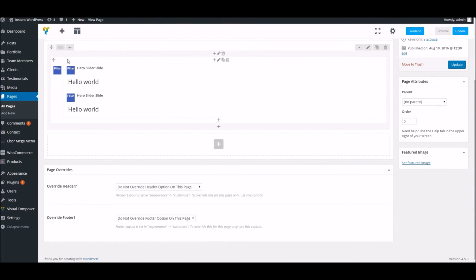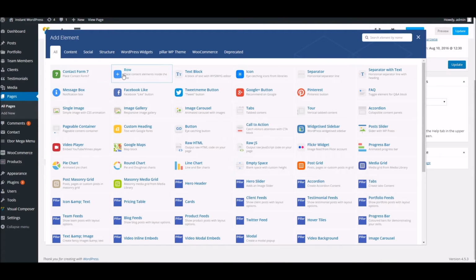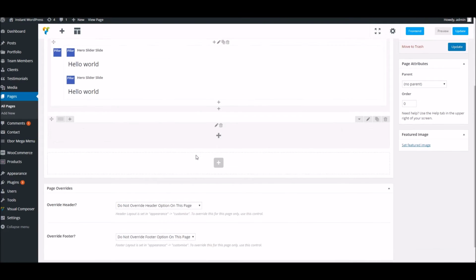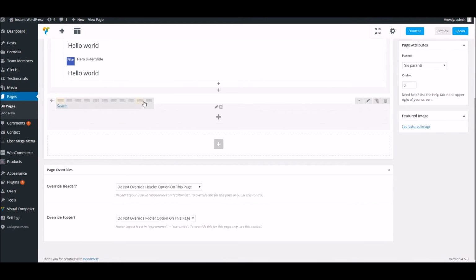And the way that Visual Composer works, I suggest to add another row sort of per section so we don't have everything stretched to the full width. So let's add another row and let's break this up into columns. So if you want to, for instance, have a 50-50 split or thirds or anything like that, this is where you can go to do that. I think to begin with I'll just go with a fairly common kind of 60-40 split,